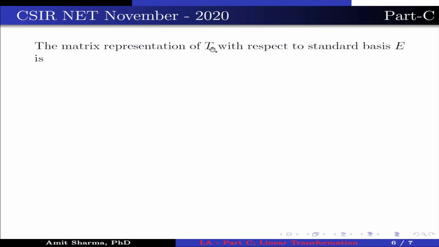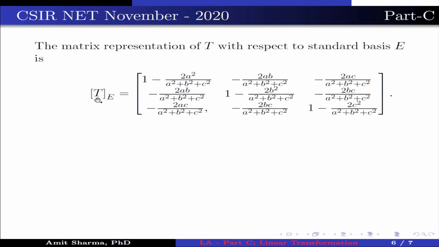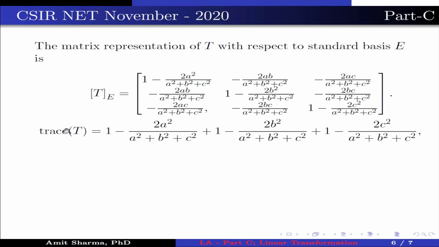The matrix representation of T with respect to standard basis E is T_E. Write the transformation of each standard basis vector in column format. We get this matrix. Now the trace of T is the sum of diagonal elements, which is 1 minus 2a square divided by a square plus b square plus c square